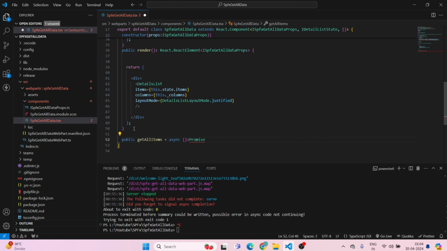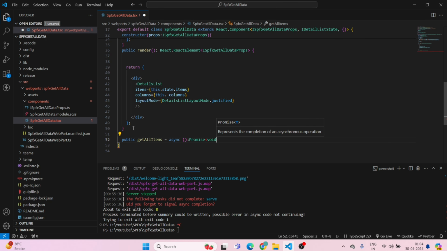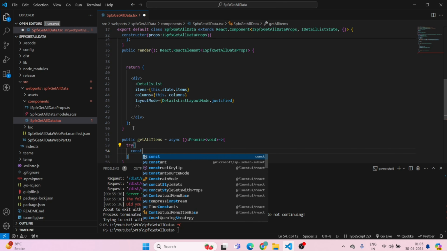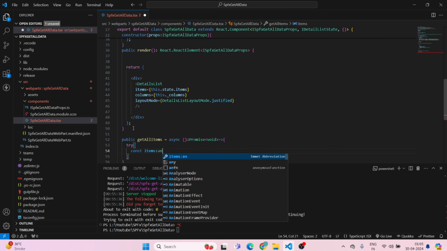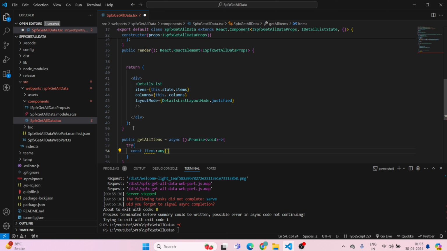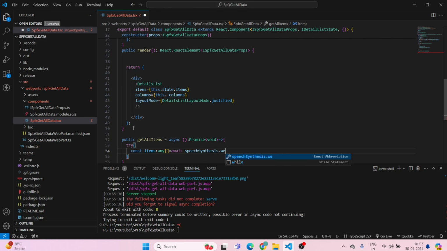allItems. Promise void, try, const items any. So we will be getting any type of data. It will not be a string or number or anything, but any kind of data or any type of data. List